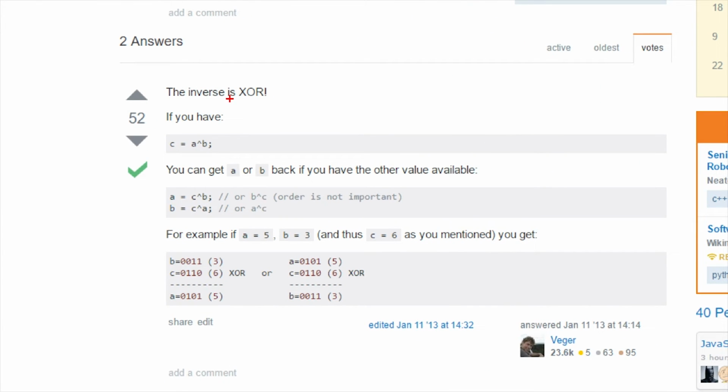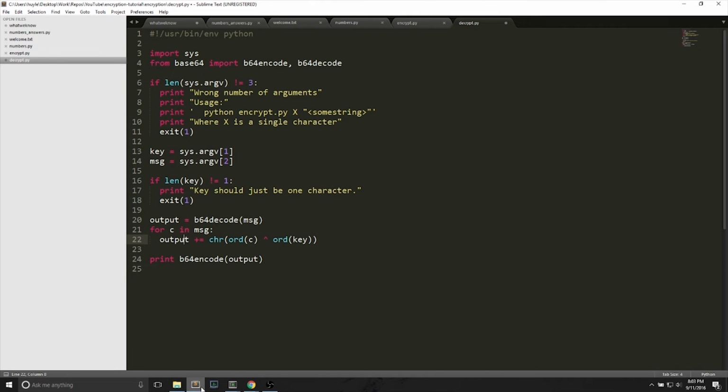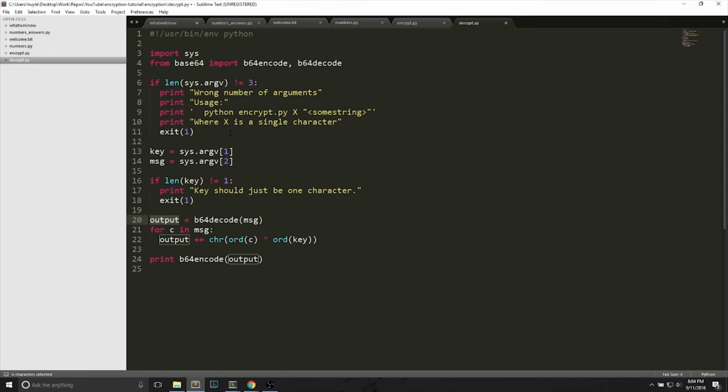The inverse of exclusive OR is exclusive OR, because if you have something like C equals A exclusive OR B, then the answer is just A equals C exclusive OR B. What you do is just exchange C and A, so it's just an inverse. And since we have the encrypted ciphertext, all we do is leave this by default, because all it's doing is, first, we have the encrypted message, right? We're bringing it back in as the message. Message equals